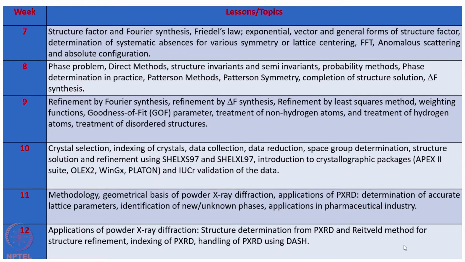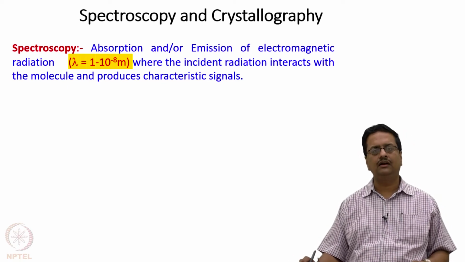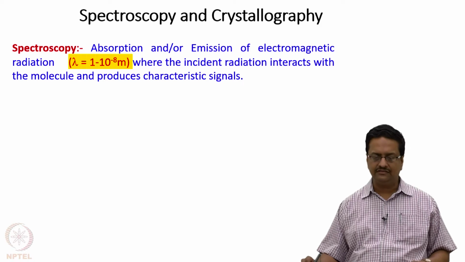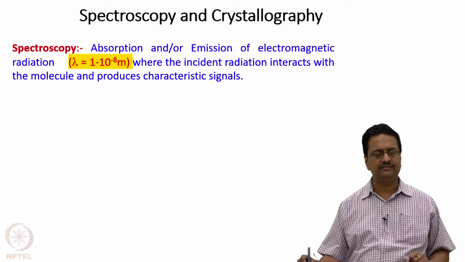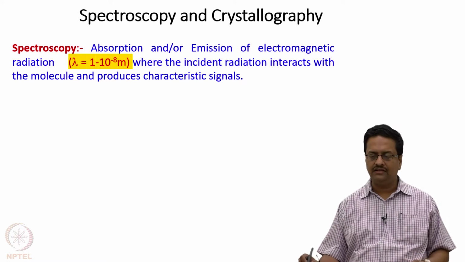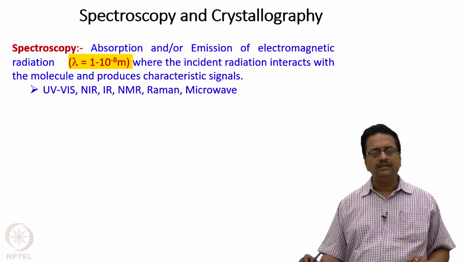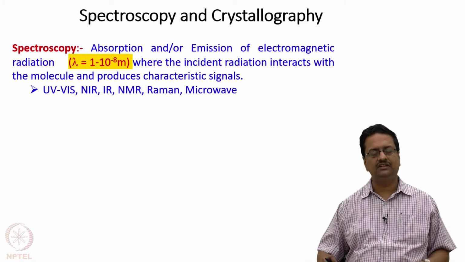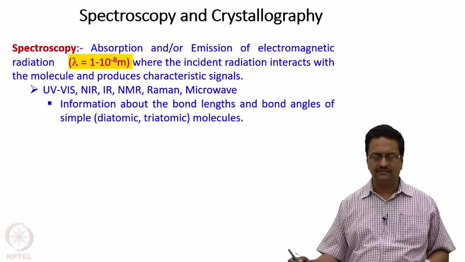So to start with, we should have this idea why do we need to study X-ray crystallography at all. See, many of us have studied spectroscopy in the past, and as we know, spectroscopy is a method of absorption and or emission of electromagnetic radiation of a large range of wavelengths, where the incident radiation interacts with the molecule and produces characteristic signals. The common well-known examples of different spectroscopic techniques are UV visible spectrophotometry, near IR spectrophotometry, IR spectrum, NMR, Raman, microwave, all these different spectroscopies are used